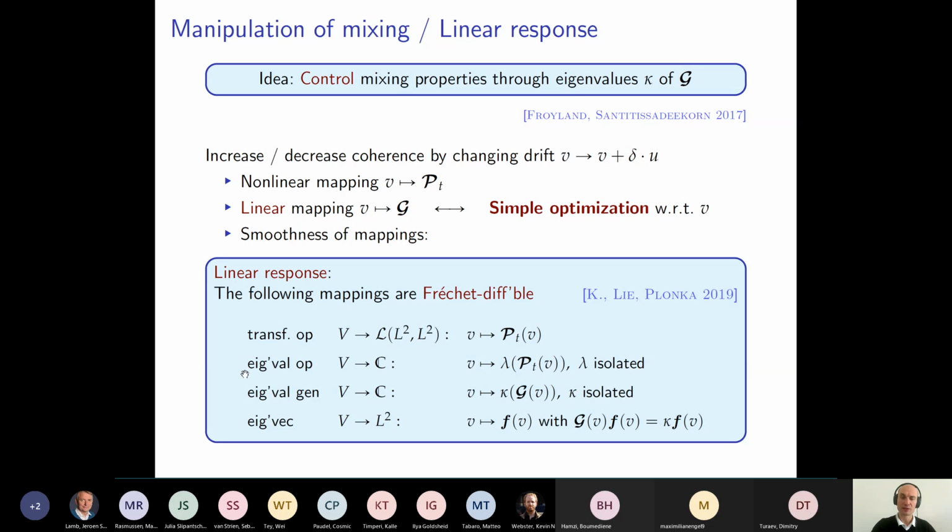Then also the eigenvalues of this operator, as long as they are isolated. But since this is going to be a sufficiently compact operator, let's put it this way, those eigenvalues which we are interested in are going to be isolated. So there we have Frechet differentiability as well. Also from isolated eigenvalues of the corresponding augmented generator. That's what we are interested in. And also the eigenvectors or eigenfunctions of this generator, as long as, again, kappa is isolated. So with all this armed, we can